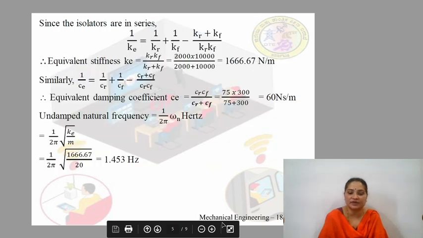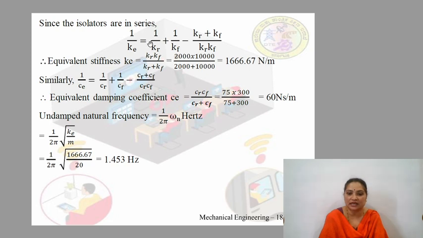So further simplification, we can write that since the isolators are in series and we have the values of Kr and Kf, substituting the values of Kr and Kf, we get the equivalent spring stiffness as 166.67 Newton per meter. Similarly, the equivalent damping coefficient is obtained in a similar manner, and the damping coefficients of